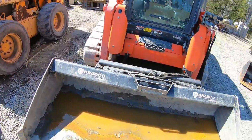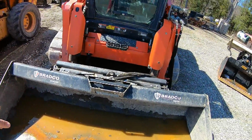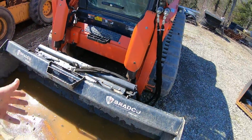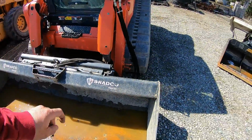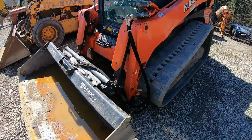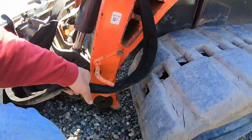All right, let me shut this down and on to the next. So Paladin makes Backhoe buckets, like I said, and FFC, they're all one company. I don't know. Good attachments though. They make a ton of them. And put this back in. All right, so